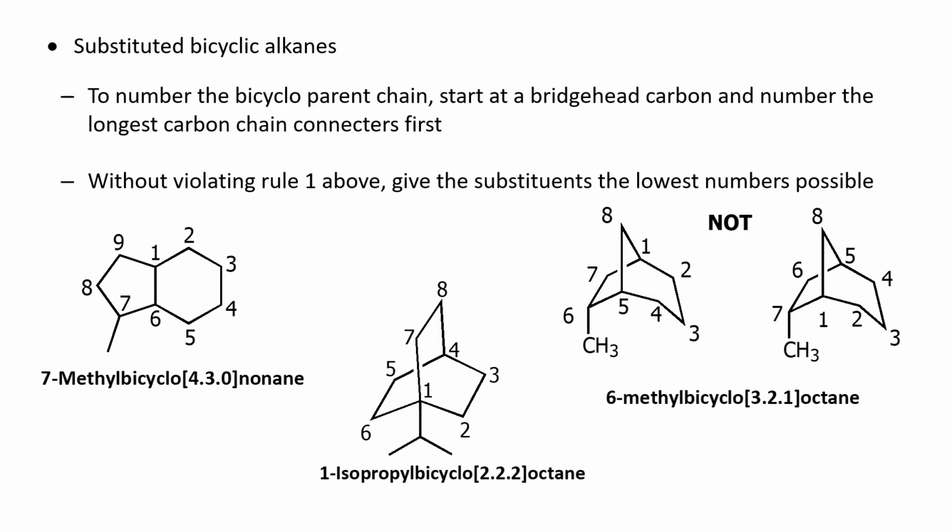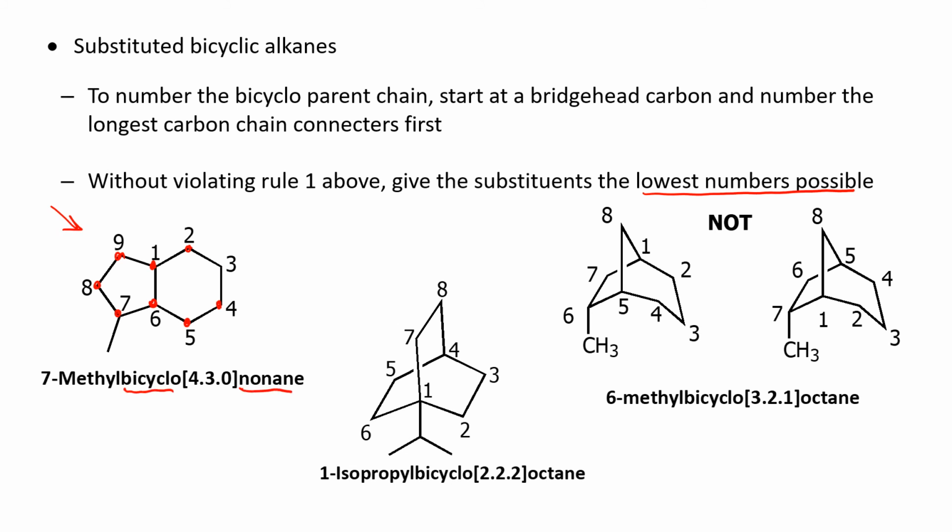A substituted bicycloalkane. To number them, we start at the bridgehead, and we number the longest chain connectors first. So we number on the longest path first. And without violating rule number 1, we give the substituents the lowest possible numbers. So, for example, if we wanted to name this compound, we would count all the carbons in the bicyclic ring system. Don't count the substituents now, so that's 5, 6, 7, 8, 9. It's going to be some form of